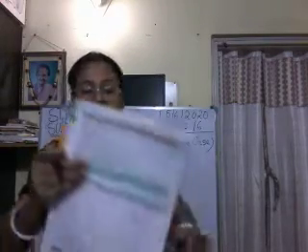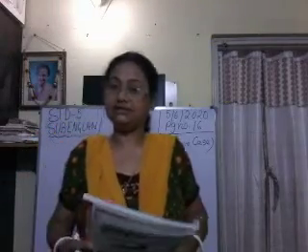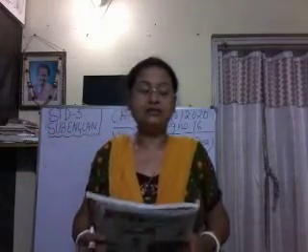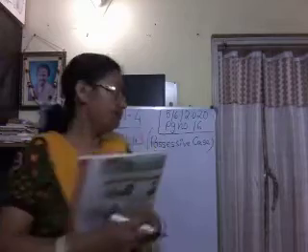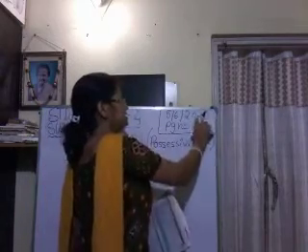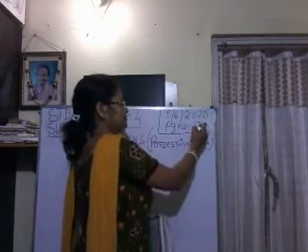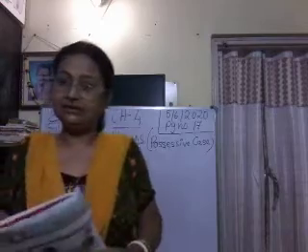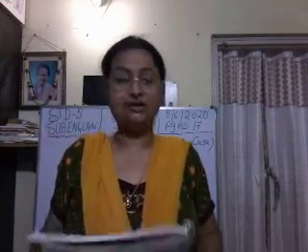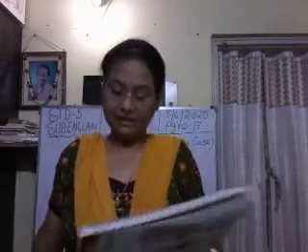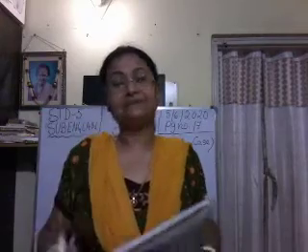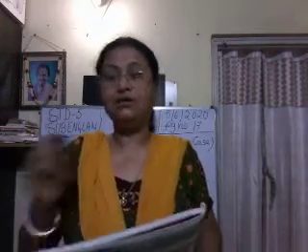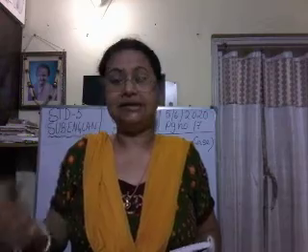Now open your book at page number 17. This is page number 17. We will discuss a few rules which are very important for us to know when we learn about the possessive case. So open your book at page number 17. Are you all ready? Yes. Take out your book, open it at page number 17, and take a pencil in your hand. Okay, children, go on underlining the important things that I will tell you.